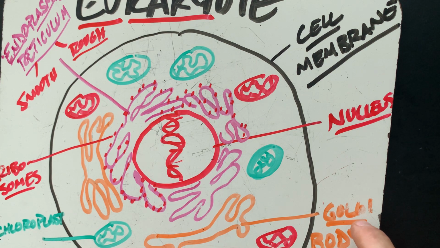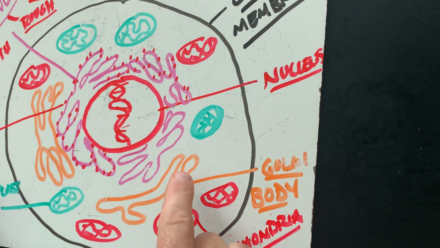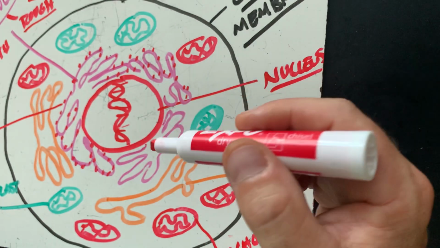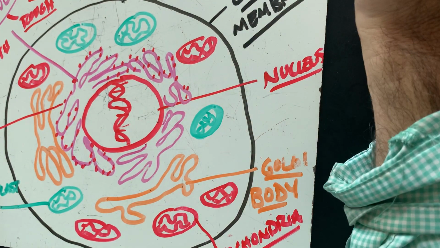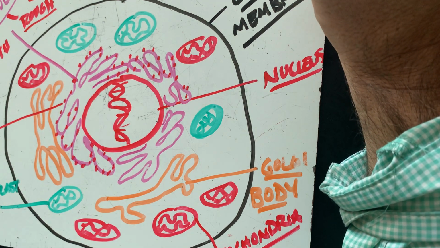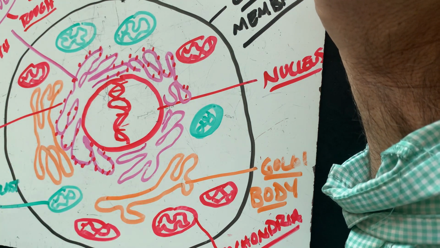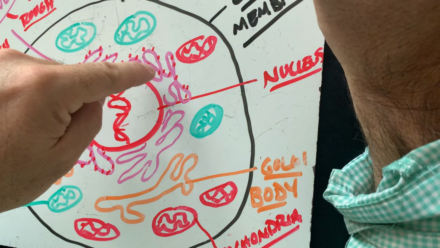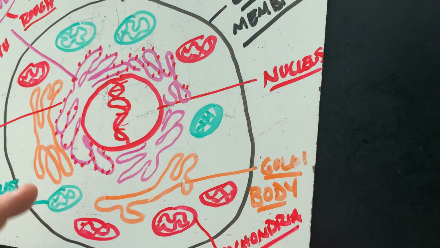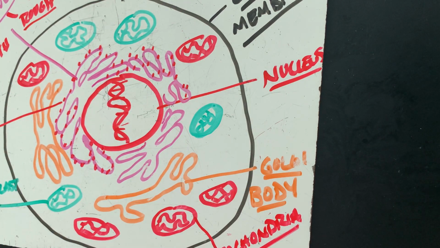Let's see, from there I've got Golgi apparatus or Golgi bodies, and my Golgi bodies are going to be this orange. The proteins that are made here aren't complete. They're just sort of complete. You can imagine a car being made. A car isn't fully complete until it's had its seats put in, its wheels put on, it's got a gas cap, it's got windshields. This is the basic frame of the car, maybe the engine, but it doesn't have all the extra parts on it. So a Golgi apparatus will take whatever proteins are made here and modify them and make them really nice.